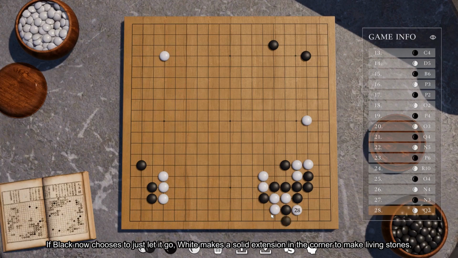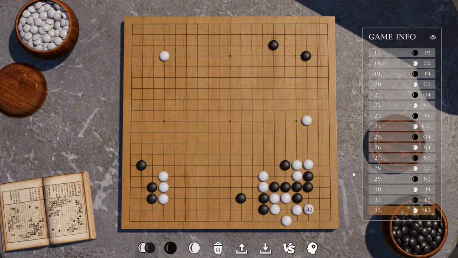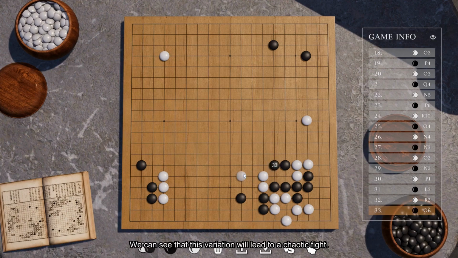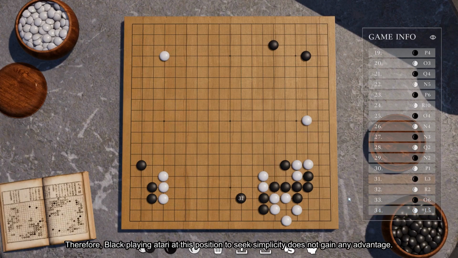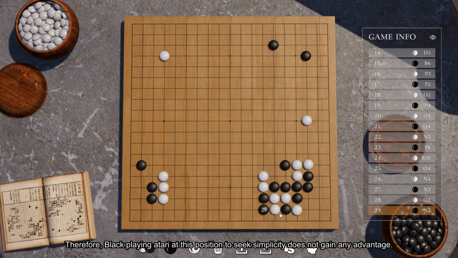If black now chooses to just let it go, white makes a solid extension in the corner to make living stones. We can see that this variation will lead to a chaotic fight. But from the perspective of territory, it is clearly better for white. Therefore, black playing Atari at this position to seek simplicity does not gain any